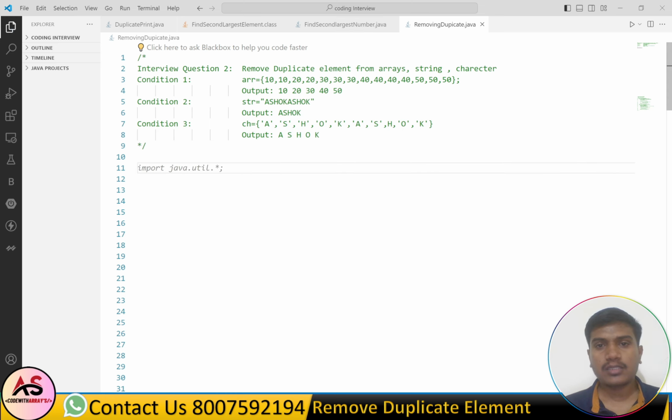ये काफ़ी बार इंटरव्यू में पूछा जाता है, और अक्सर एक सिली मिस्टेक की वजह से इसको सॉल्व नहीं कर पाते. तो आज हम तीनों के तीनों क्वेश्चन सॉल्व करेंगे. इंटरव्यूअर तीनों में से कौन सा भी एक क्वेश्चन आपसे पूछ सकता है. सो